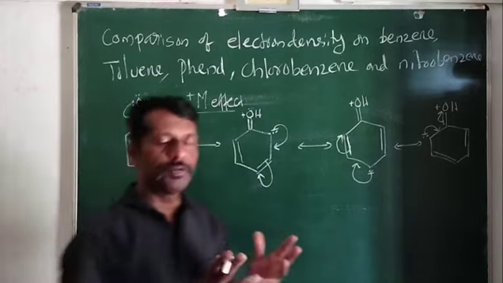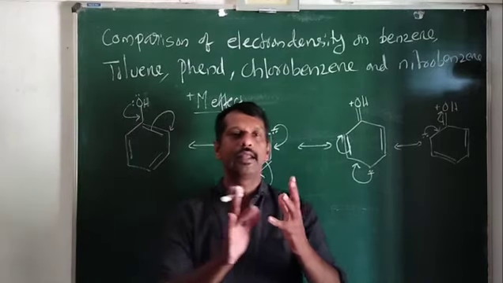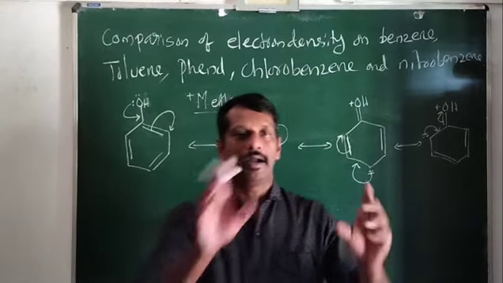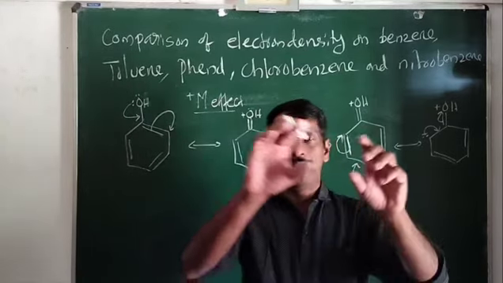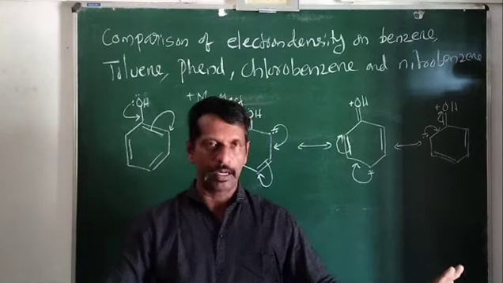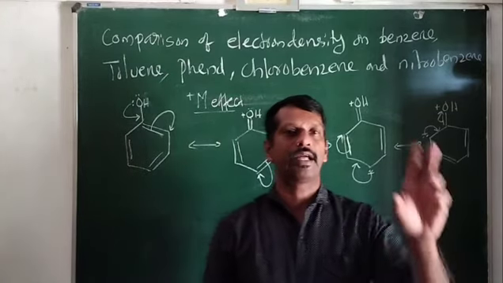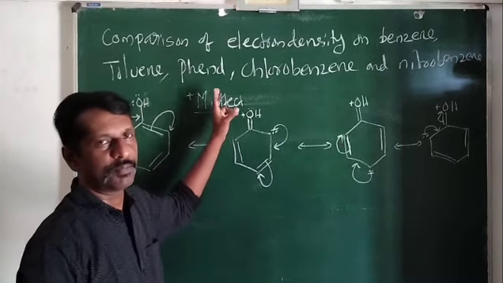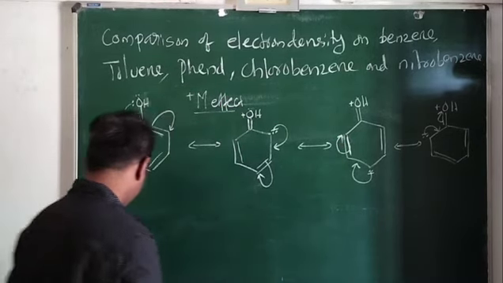So first we discussed benzene. In benzene there is no particular effect, because in benzene all the double bonds are similar, so electron density is equally distributed. But methylbenzene has the plus I effect and hyperconjugation. Now here, the OH group in phenol, what effect? The plus M effect is there. Next is